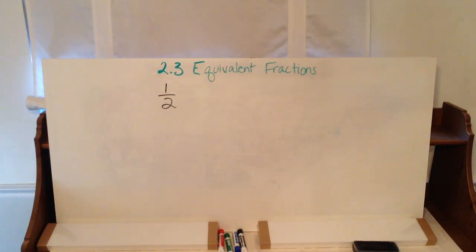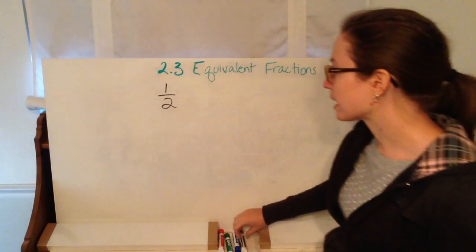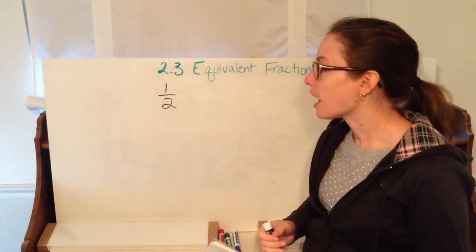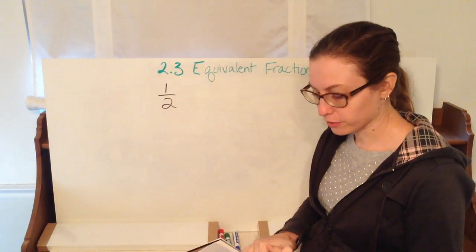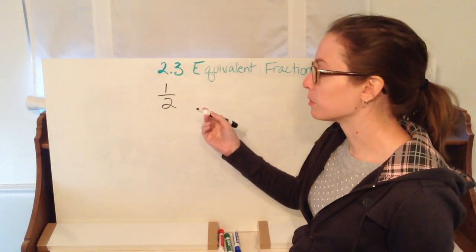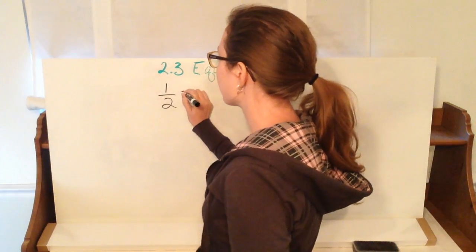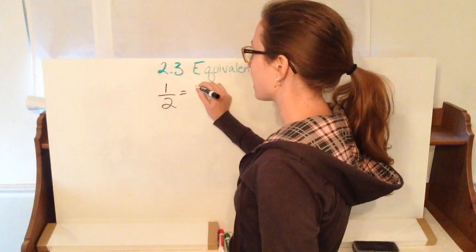Hello students, this video is on section 2.3, equivalent fractions. You may know that some fractions with the same value can look different ways. A very common example of that is 1/2. A lot of people are familiar with the fact that 1/2 can be written with the same value by saying